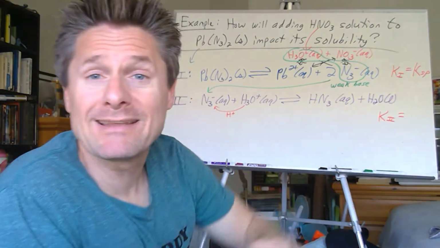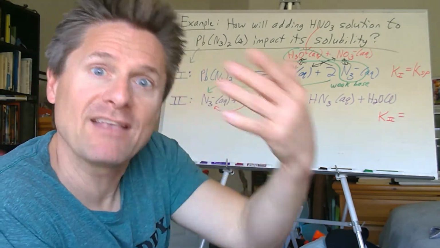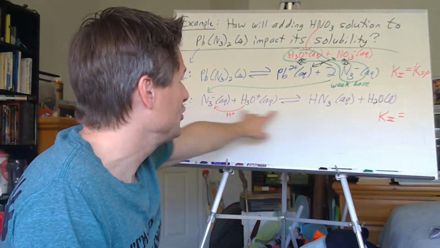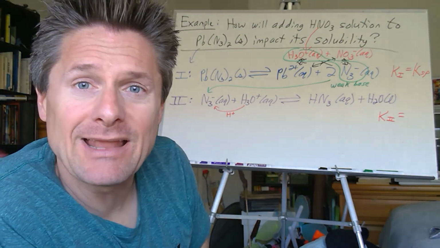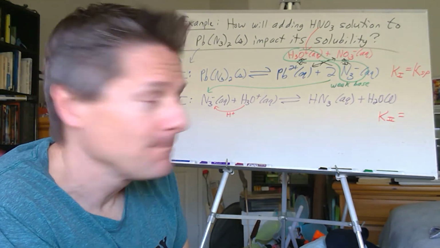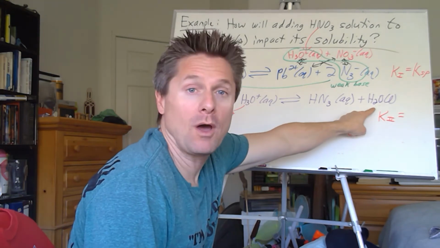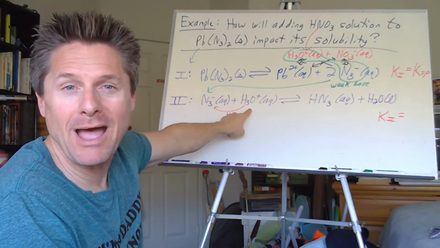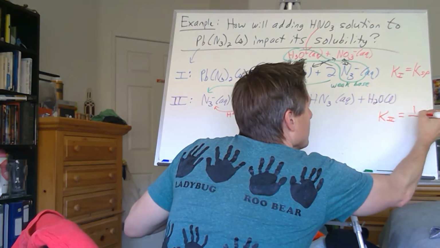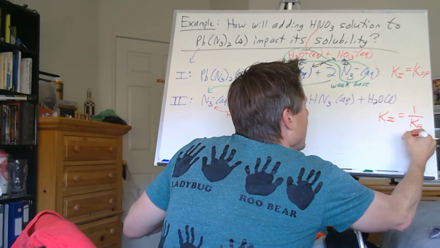There's no OH minus in there, so it can't be a KB, because that's forming. A KB is a base reacting with water to form OH minus and something else, right? I don't see two waters reacting together, so it's not a KW. This has to be a Ka, but it's backwards. It's a weak acid reacting with water to form the hydronium ion and the conjugate base. So this is the inverse of the Ka value for